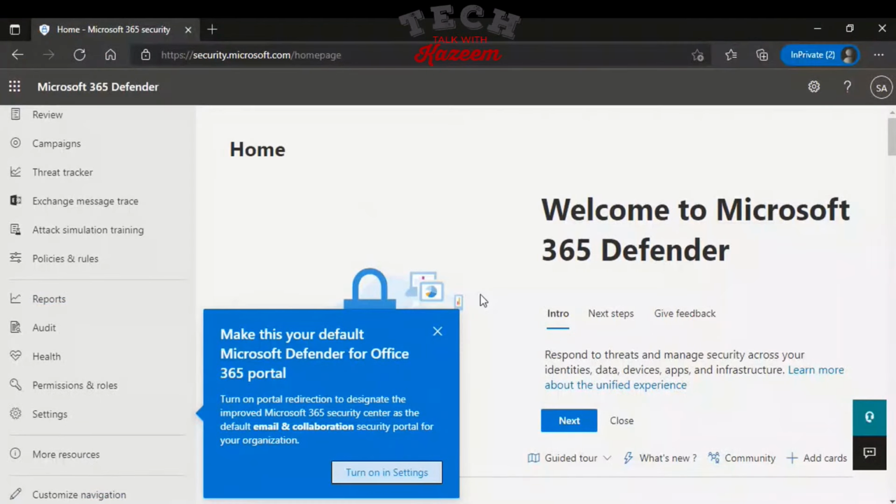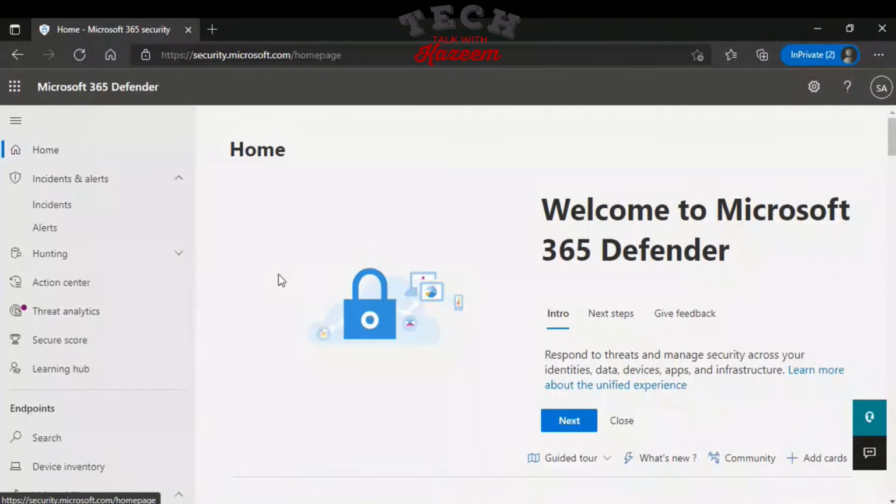Yes, what I can do is give people a walkthrough on the Defender for Endpoint portal. Hopefully some of the people watching the video later will be able to see the screen, but